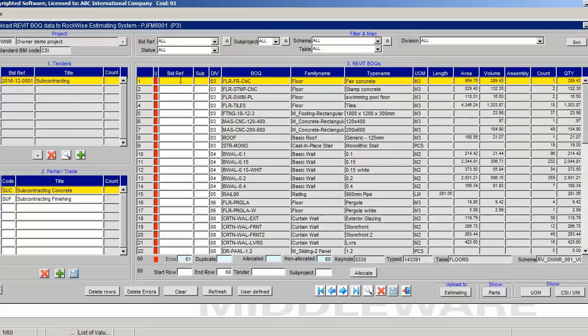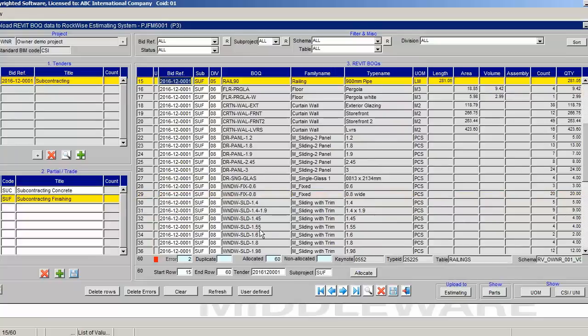In this project, we will allocate the BIM design to a contract called subcontracting. This contract is further divided into two partial contracts, one for concrete and the other for finishing. We can allocate each BOQ line to its proper partial one by one, or by picking a series of numbered lines. Here, we allocated the first 14 BOQ lines to the concrete partial contract, then the rest to the finishing